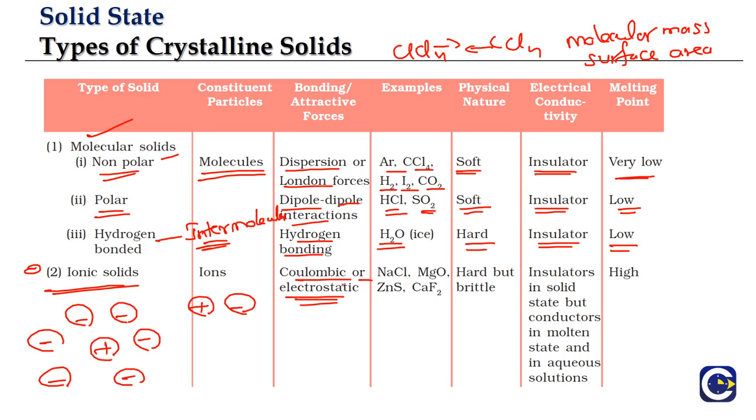So these Coulombic or electrostatic attractive forces are what make these substances hard, because electrostatic forces are very strong forces. And all these ionic compounds like sodium chloride, magnesium oxide, zinc sulfide, calcium fluoride, all of them are ionic solids. They will be hard, but they will be brittle. We cannot draw them into long wires and then thin sheets. So the malleability and ductility will not be there for them. They will be brittle. If you try to make them into thin sheets or long wires, they will just break.